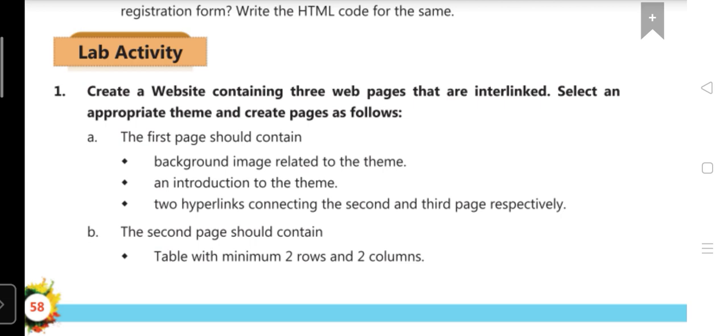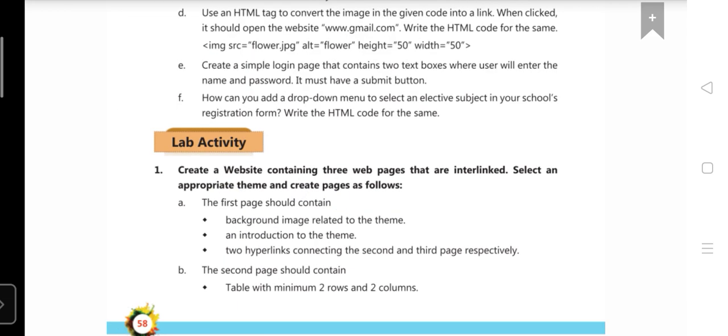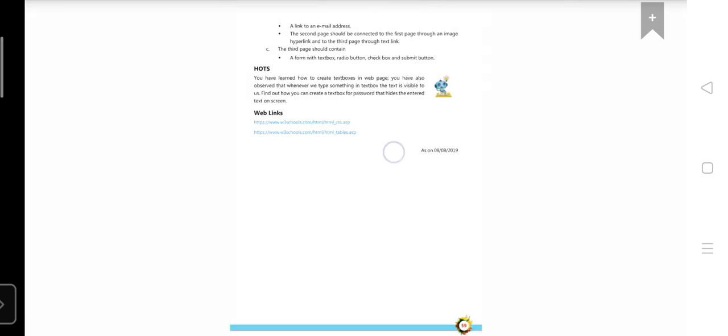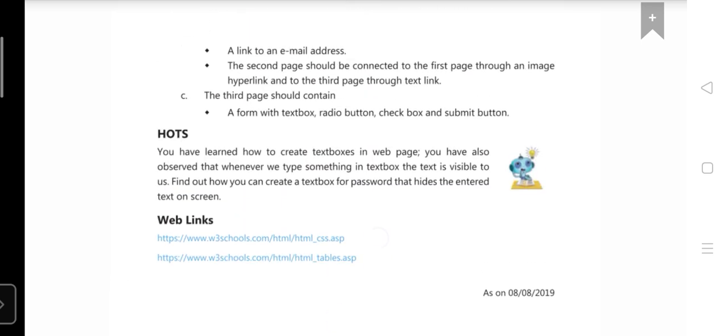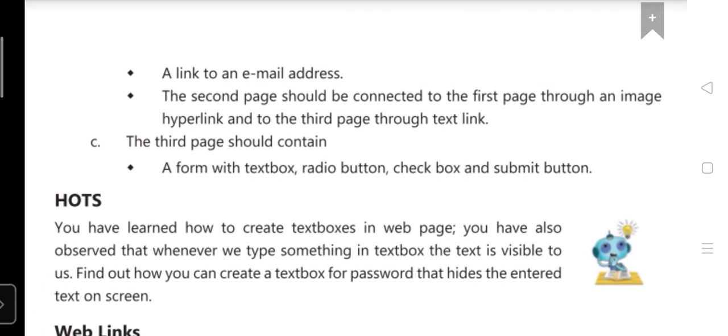The second page should contain a table with minimum 2 rows and columns, and also contain a link to an email address.